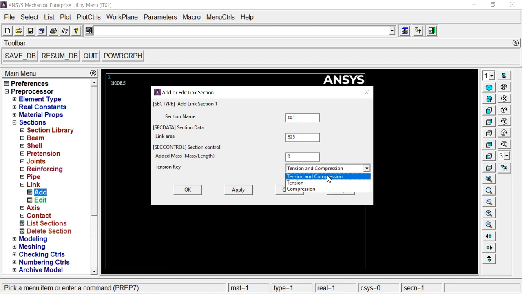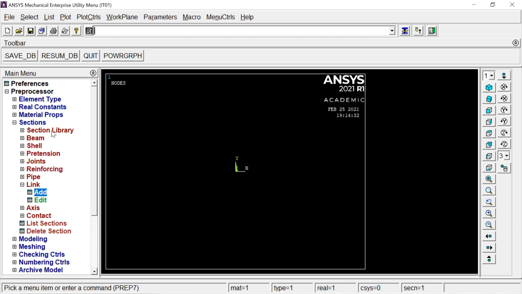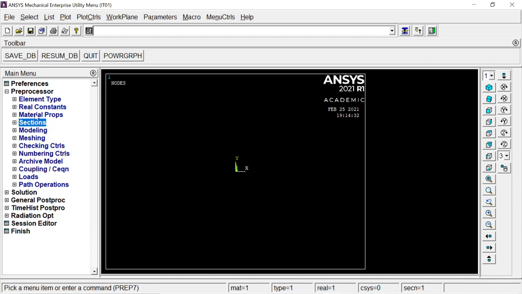If you have planned your problem so that it will only take tension or only compression, you can select that. We are not changing it right now. We are taking tension and compression. Okay, so element type is done, material property is done. Now we have to go to